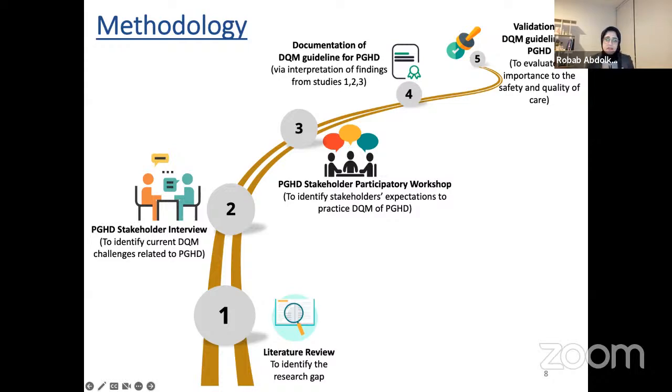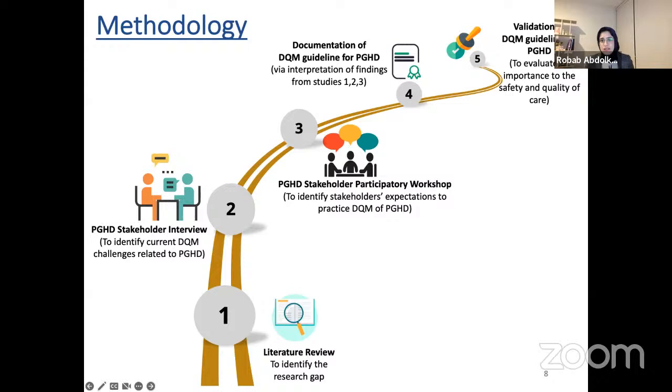We first started with the literature review and finding the gap, and then we did interviews with international stakeholders. And what I mean by stakeholders is everyone who was directly or indirectly involved in remote monitoring. And in the next slide, I will explain who we found there. It actually came through snowballing, to understand who is really in that team and how they can help us to find some others.